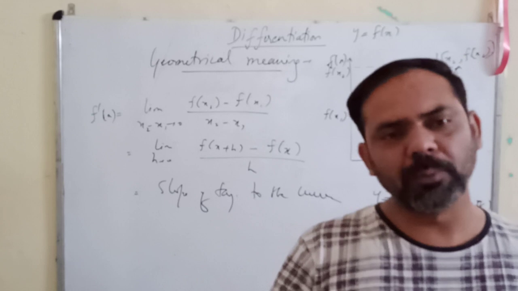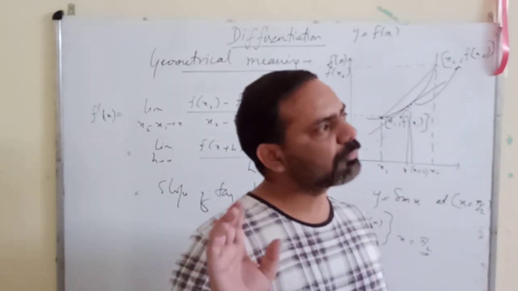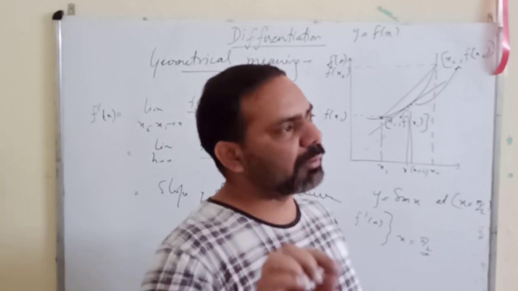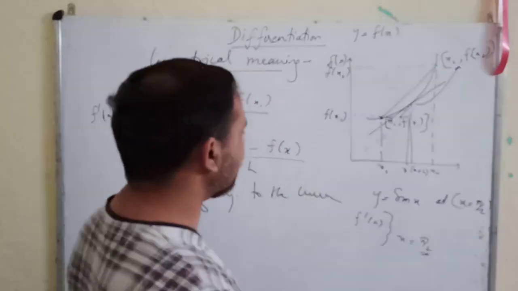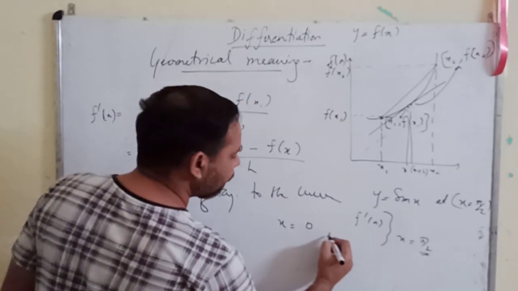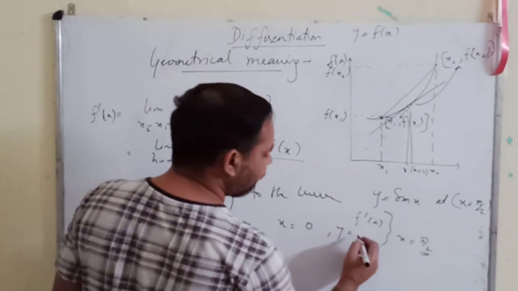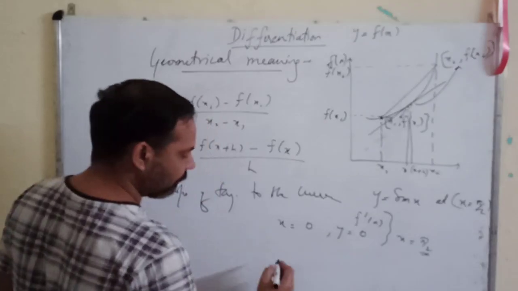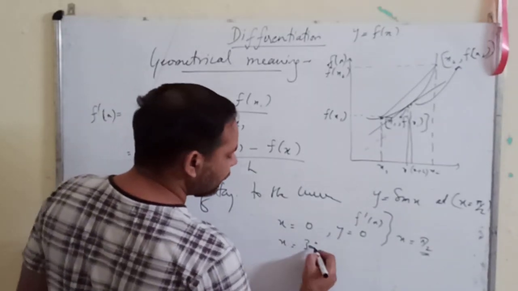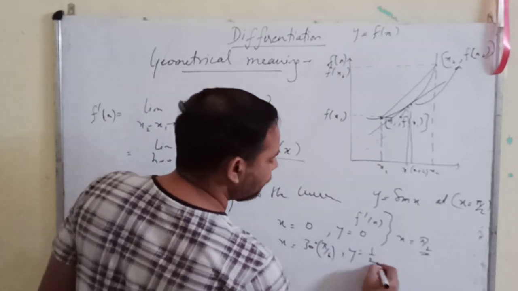So if you have two values, x and y, can you locate the point? With two coordinates, can you locate the point? Right? Yes, sir. So you will locate many points. You will take some x, suppose 0, then what do you get for y? Suppose my function is y equals sin x. So what will be my y? Sin 0 is 0. Now I take x equals, suppose, 30 degree, which means pi by 6 radian. So y is equal to half.